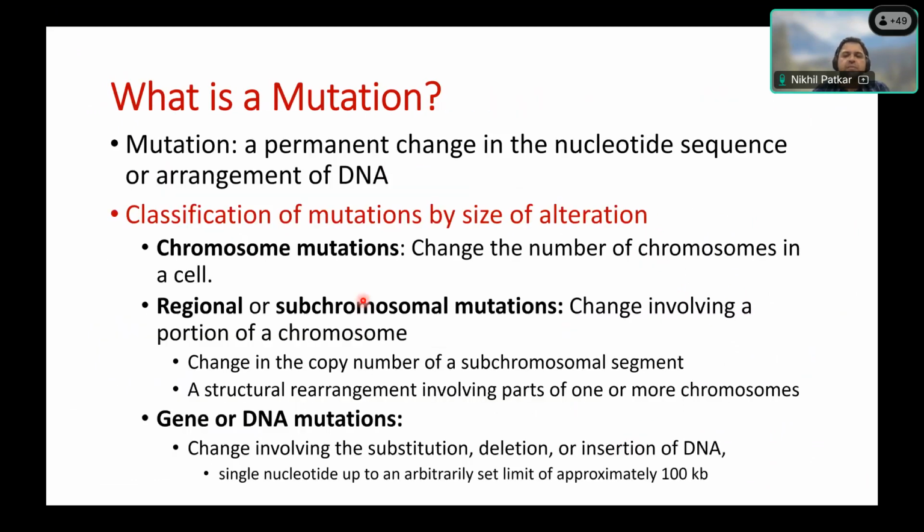So mutation is a permanent change in nucleotide sequence or arrangement of DNA. Chromosome mutations can occur at a gross chromosomal level, where the number of chromosomes is changed. You can have regional or subchromosomal mutations, for example, a large deletion or a duplication. You can have gene level or DNA mutations, which are substitutions, insertions, or deletions of DNA arbitrarily set to a